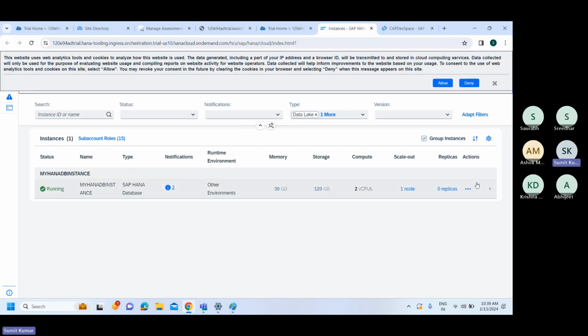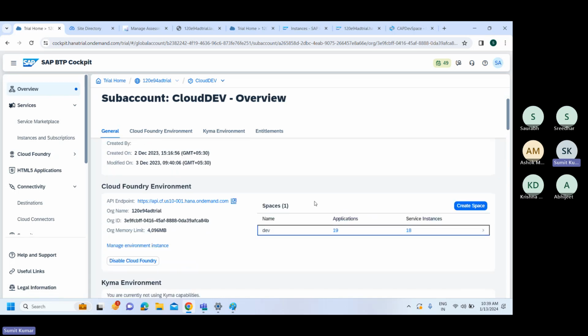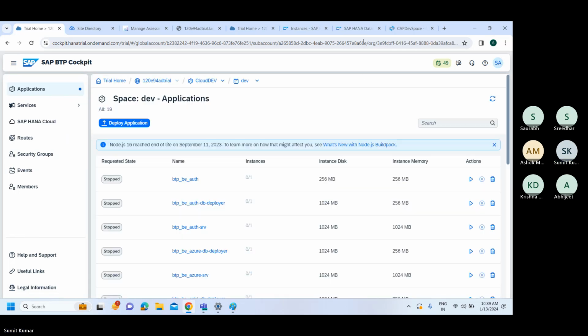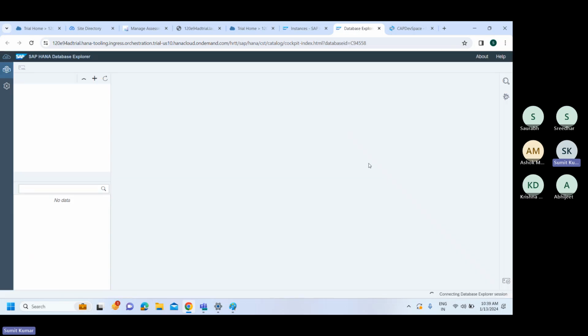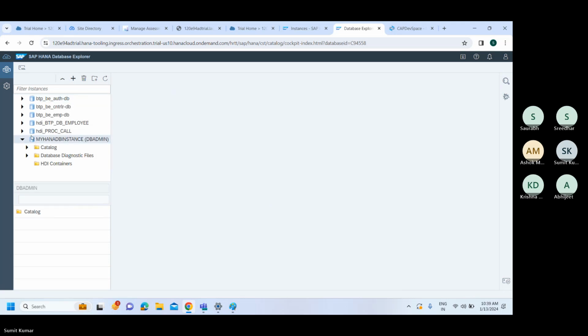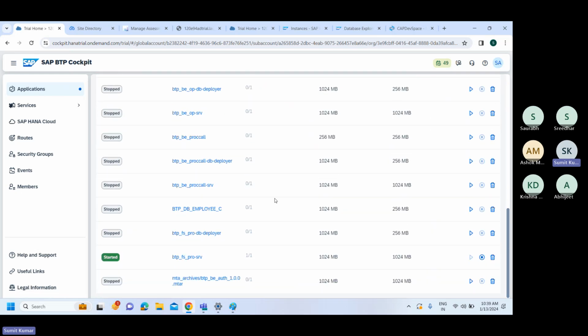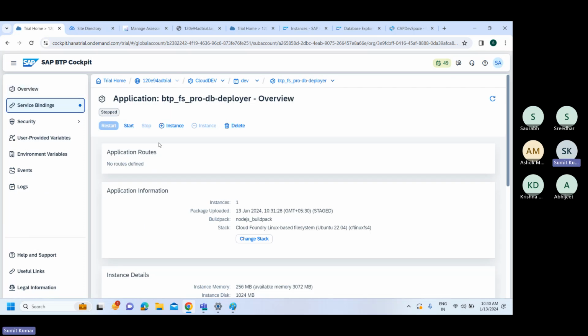And as we are talking all this while, let me just also open the HANA Database Explorer and go over here and overview, and let's just say what did we call it as BTP FS, right? So let's just search for the database module for that. Okay, maybe we might have to find something, but let's see. Yeah. Okay, so maybe we will have some sort of FS. Do you see a DB deployer? Yeah, over here. And the service binding